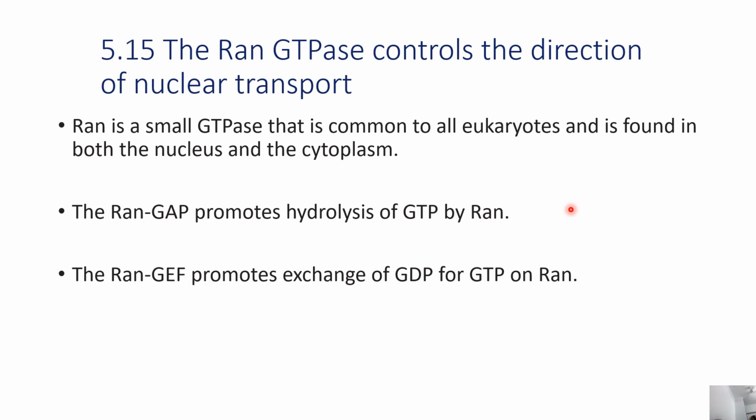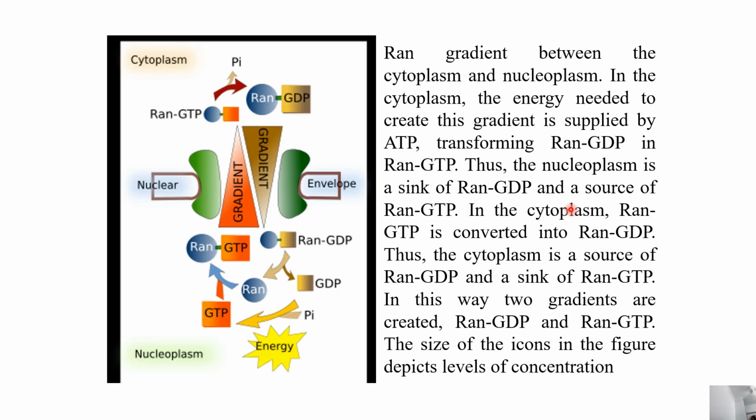The Ran GTPase controls the direction of the nuclear transport. Ran is a small GTPase that is common to all eukaryotes. It is found in both the cytoplasm and the nucleus. So RanGAP promotes hydrolysis of GTP by Ran. RanGEF promotes exchange of GDP for GTP on Ran. So there is a Ran gradient between the cytoplasm and the nucleoplasm. In the cytoplasm, the energy needed to create this gradient is supplied by ATP, transforming Ran-GTP into Ran-GDP. This makes the nucleoplasm a source of Ran-GTP and a sink of Ran-GDP,